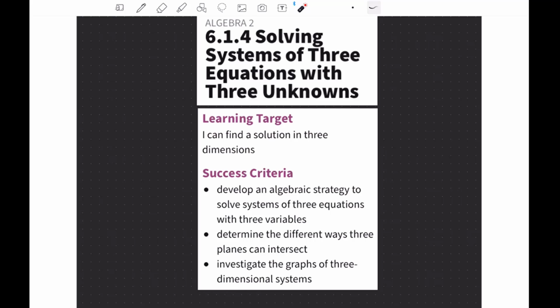Section 6.14, solving systems of three equations with three unknowns. So we're going to be doing a handful of algebra in this section to get through all three of those equations and those three variables. We're going to come up with some algebra strategies for solving these three equations with three variables. We're going to think of maybe a different way if we need to, because not all of them will work